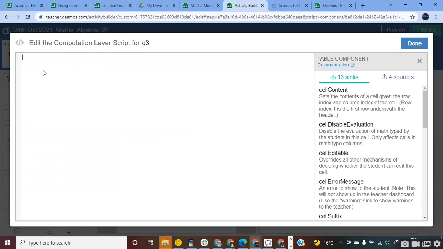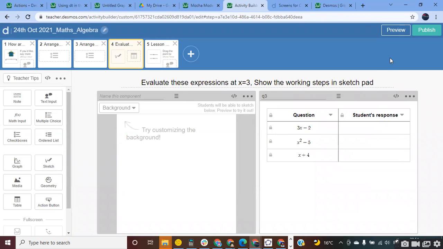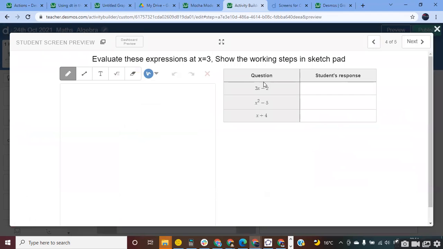Very quickly, I can actually use something which is very easy, because this is a table and table is rows and columns. 3x minus 2 in my first row, first column. And my students are going to answer here, which is first row, second column. Second row, second column.